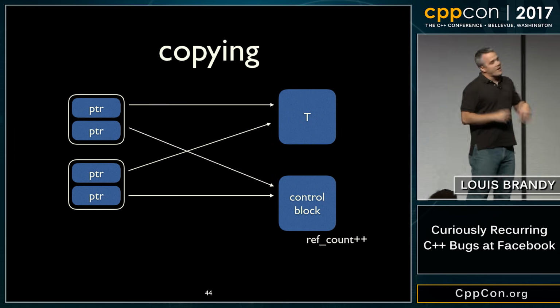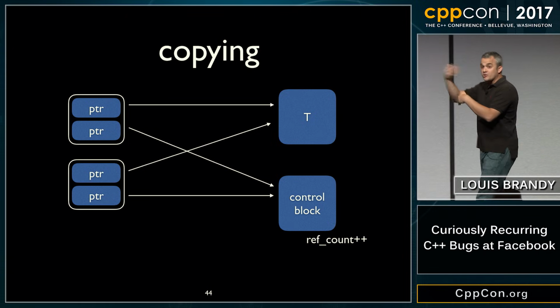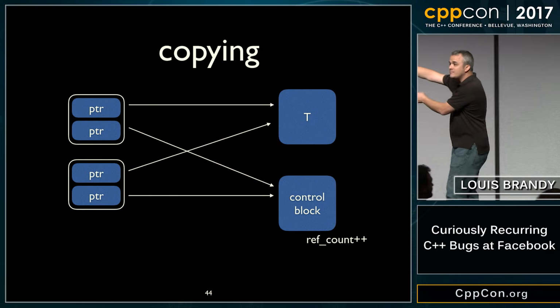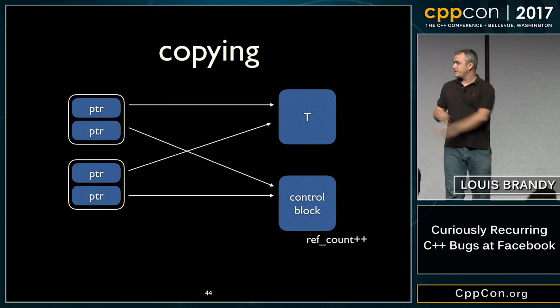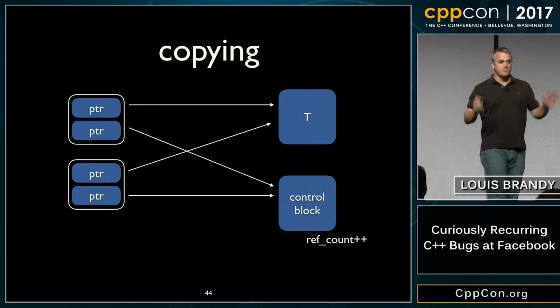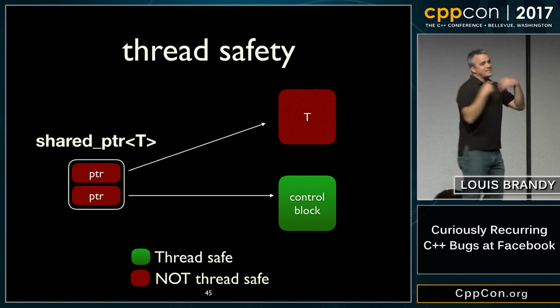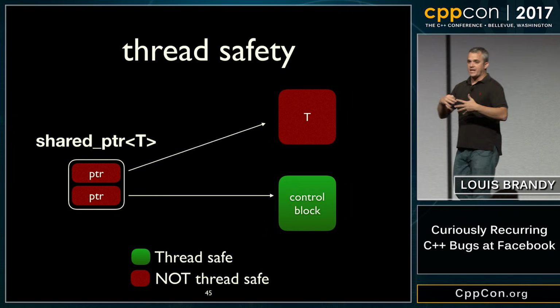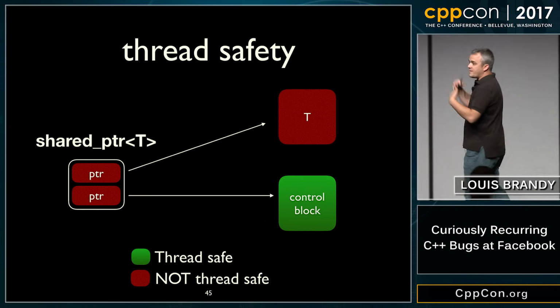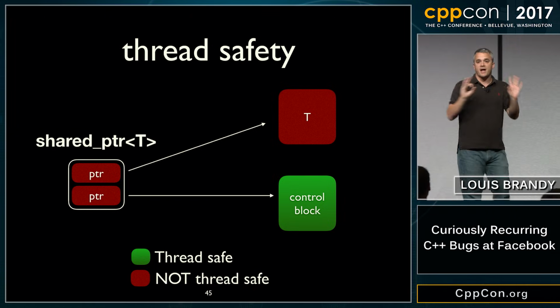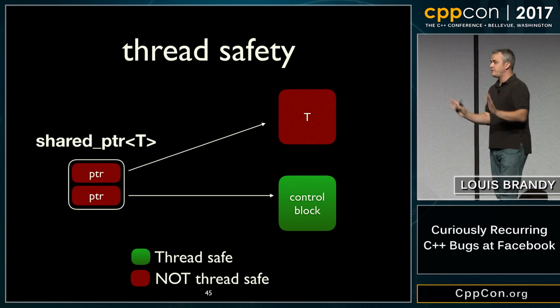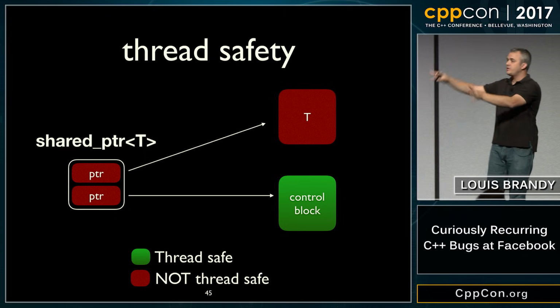When you copy it, all you do is copy the struct with the 2 pointers, and they point to the same 2 shared things, the shared reference count and the shared T, and you increment the reference count, right? That's how shared pointer works under the hood. That's the mental model. The thread safety kind of approximately looks like this. Anything that touches T is unsynchronized. The shared pointer will not help you synchronize the T, okay? That's on you. If you want synchronization at your T, do it yourself.